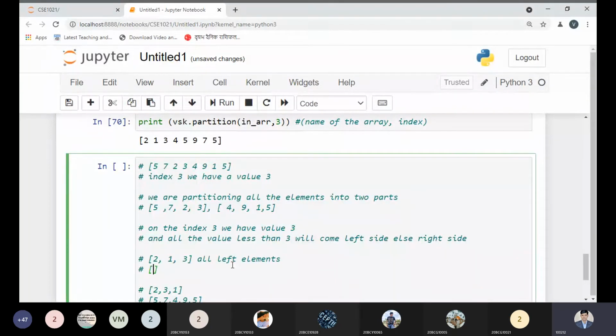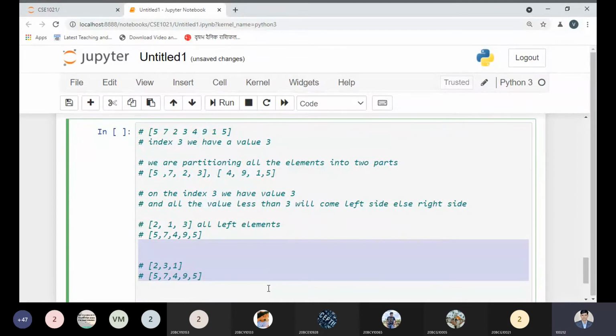For the right elements, let's choose 5, 7, so 5, 7 there will be no problem. And here we have 4, then 9, 5. So here we have the sequence, this is the order.